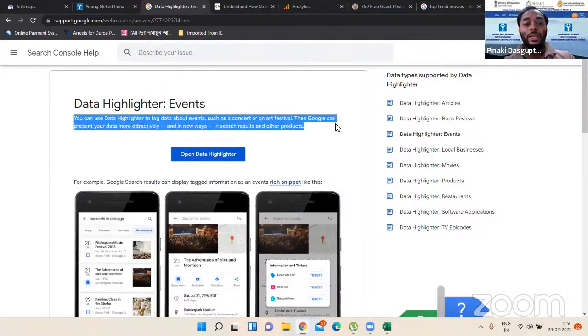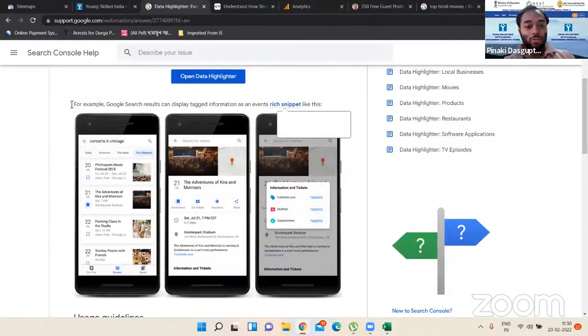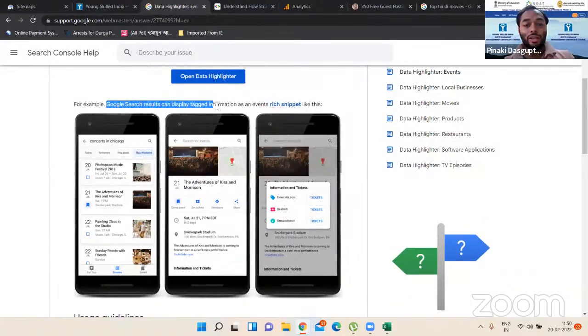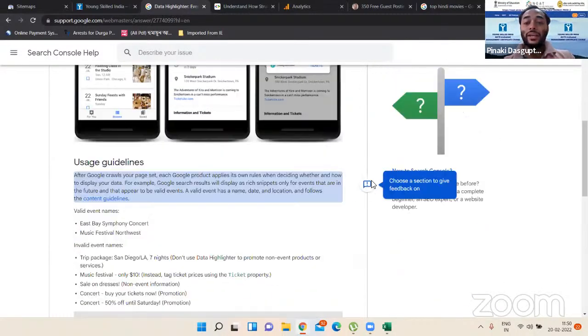Then Google can present your data more attractively and in new ways in the search result and other products. For example, Google search result can display tagged information as an events rich snippet like this. Okay. So there are certain categories.